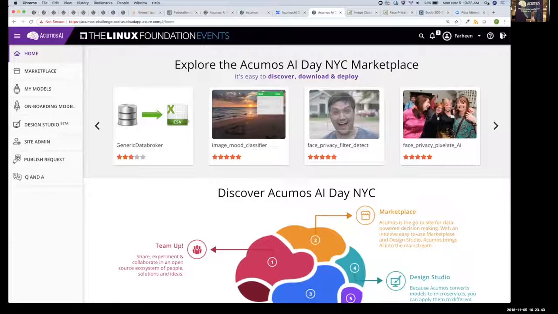And the second item would be, does Acumos only solve AI problems one at a time, like using one model, or can it also solve complex problems by applying multiple models to those applications? So these are the two aspects I'll focus on, and I'll show live demos of how we use and deploy